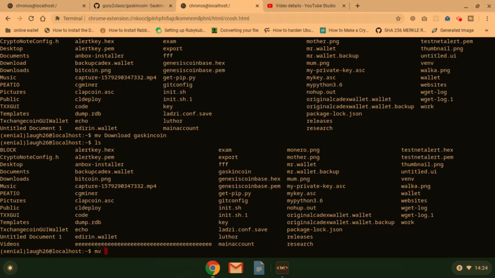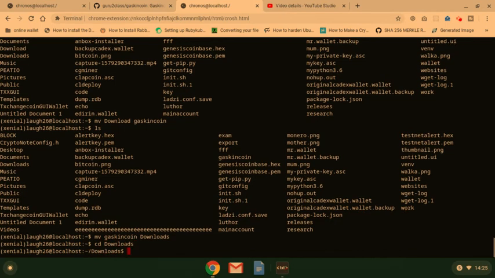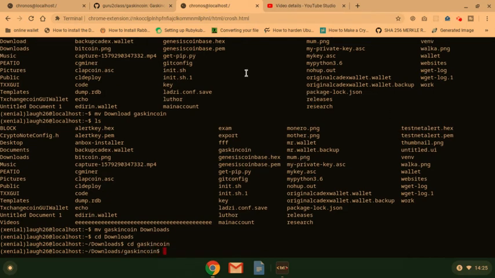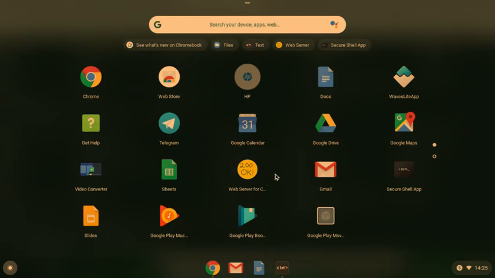So I'll do this: move gaskincoin to downloads. So downloads, cd gaskincoin. Okay. The reason for doing so, if you're using a Chromebook laptop, is so